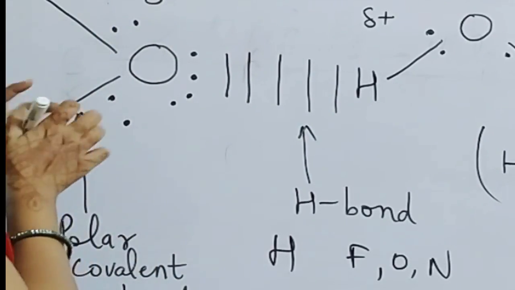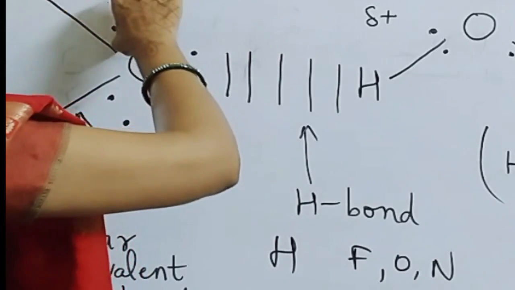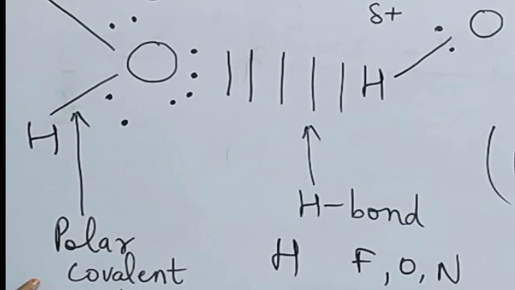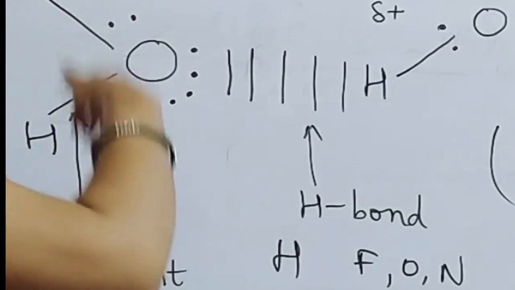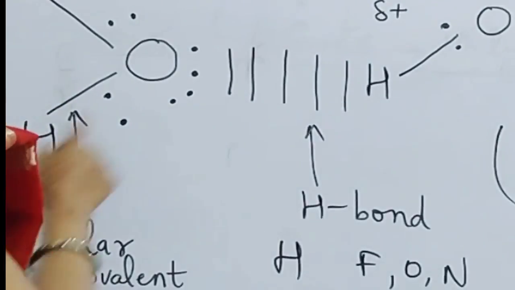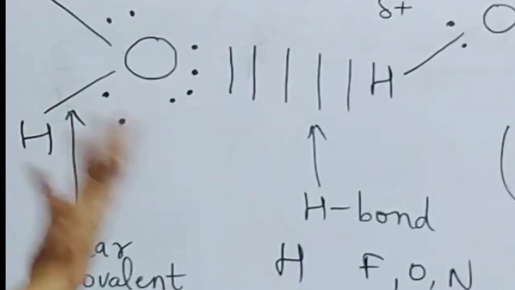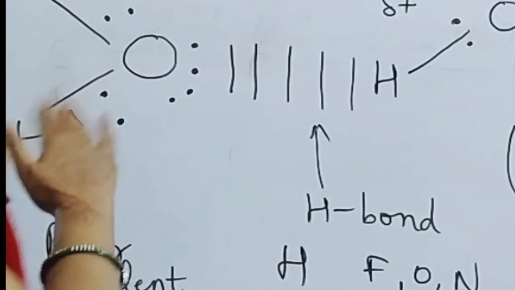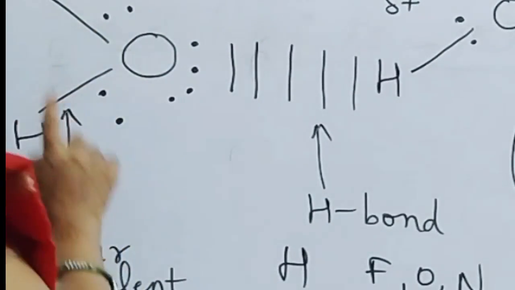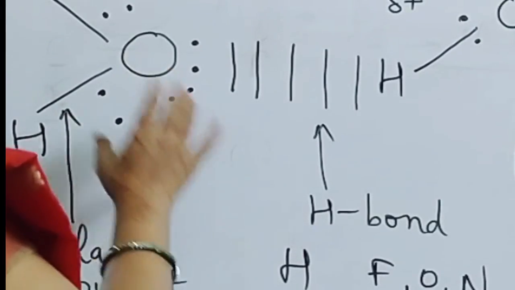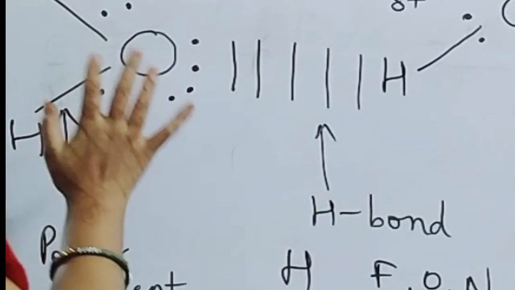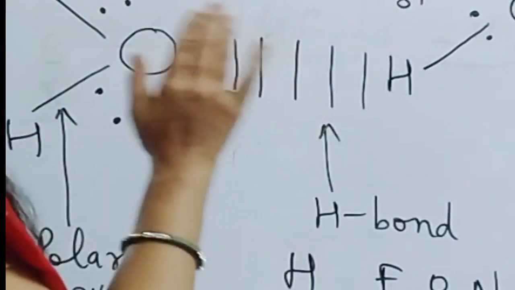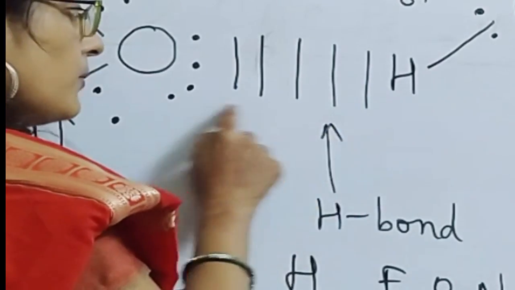And the bond which will be formed due to this unequal sharing will be called polar covalent bond. So in water molecule, in between hydrogen and oxygen atoms, the bond formed is polar covalent bond. Sharing is there, but it is unequal and poles are developed. When such sharing occurs, this molecule will be called a dipole. This molecule will interact with another such molecule, as a result of which the bond formed will be called